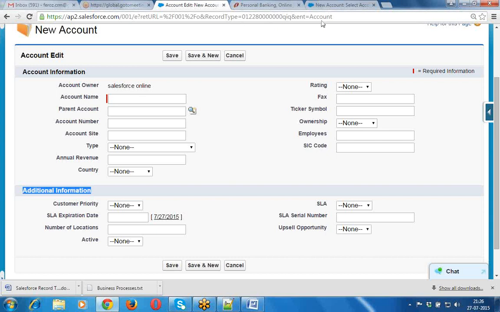If we are creating different record types for different profiles, say for example in a sales organization, where a store manager will have a different page layout with a different record type, and backend operations will have a different page layout. While entering the data for the same object, the data will be different.